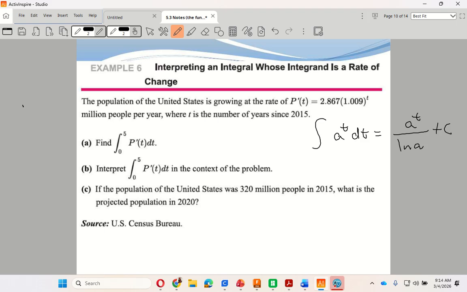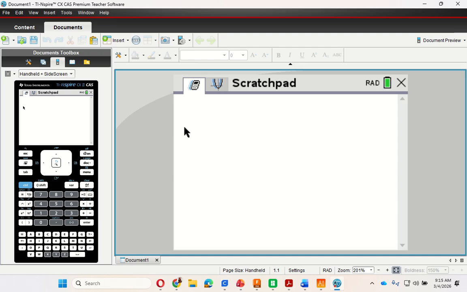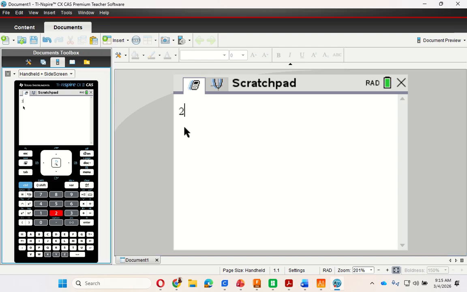All right. So let's do the math. So it was, let's write this out. So 2.867